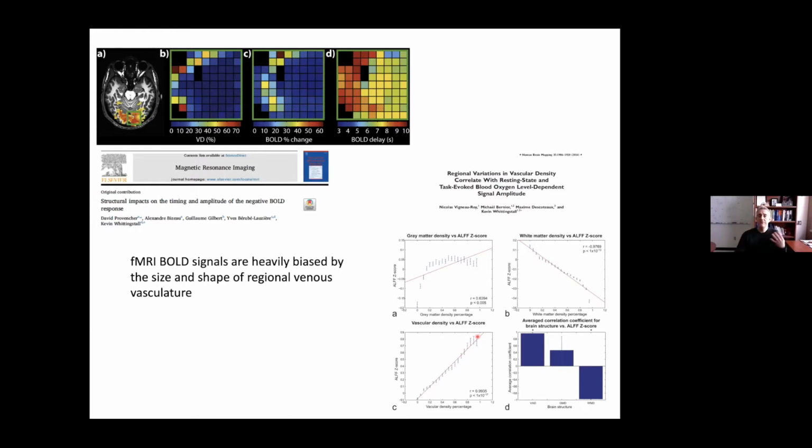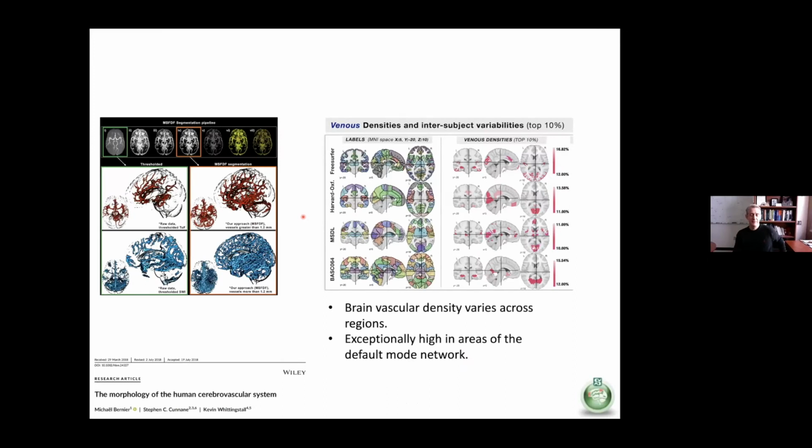And then we found that even the timing of the BOLD response was affected by its proximity to a large vein. So once timing is being affected, well, that means the connectivity between two brain areas is going to be affected. So it didn't matter how you collected your BOLD data, whether it was task or resting state, correcting for the vasculature, the venous vasculature, seemed to be quite important.